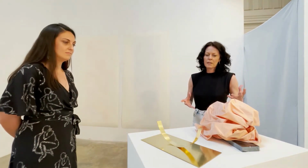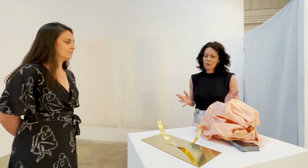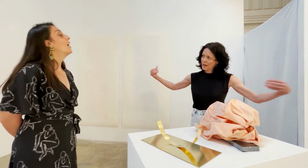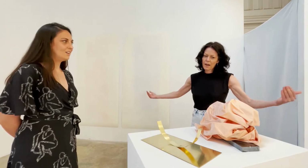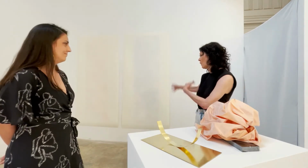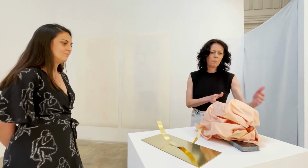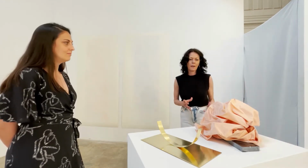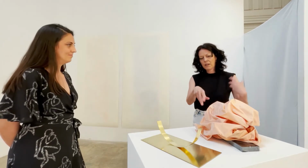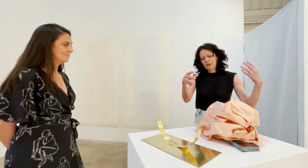So it was interesting to work with, but it's also a rectangular piece when you kind of pull it out. So I found that interesting when I started to work with it, also in terms of doing those rectangular drawings, and also this marble piece which is rectangular. But I wanted to do this in contrast to the marble,